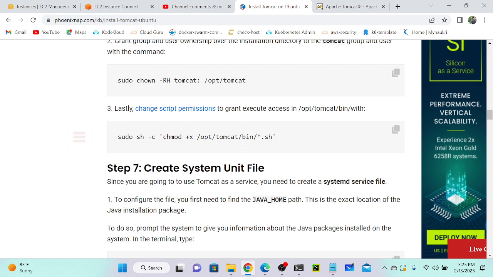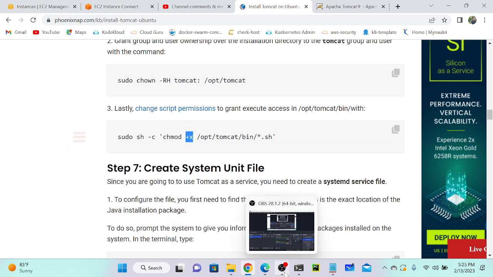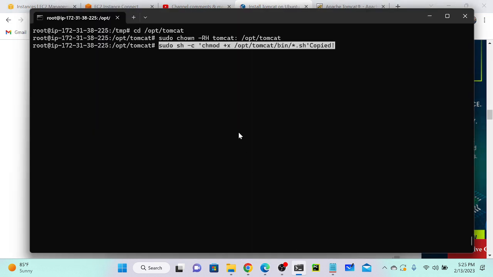Here you can see that we have executables. All executable files are contained under the bin directory, so we need to give execution permission. That's what I gave: chmod +x /opt/tomcat/bin/*.sh. Paste. Enter.